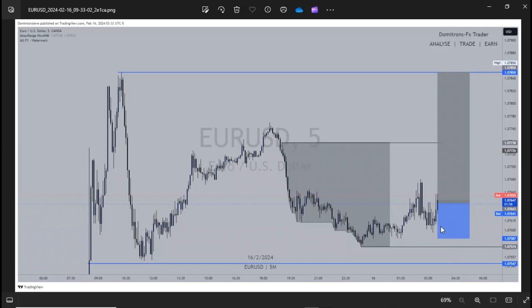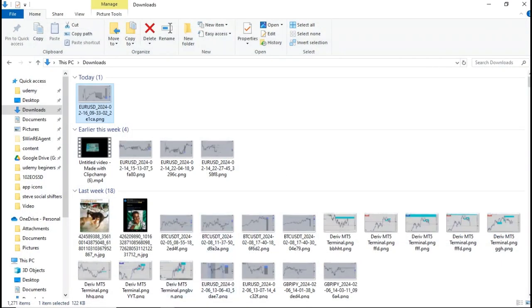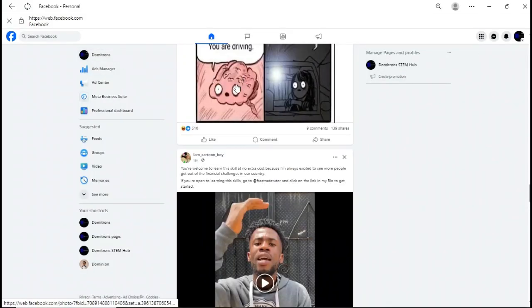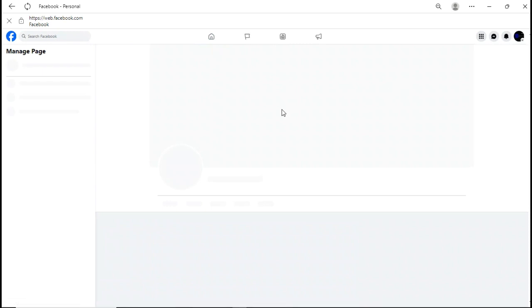Take an entry, put a stop loss below this low right here. We still have the Asian low right here. And if you guys could remember my post on Facebook about a trade I was focusing on, EURUSD,